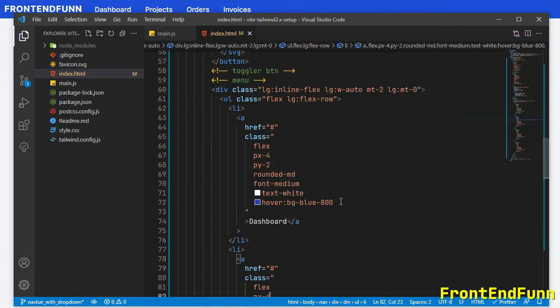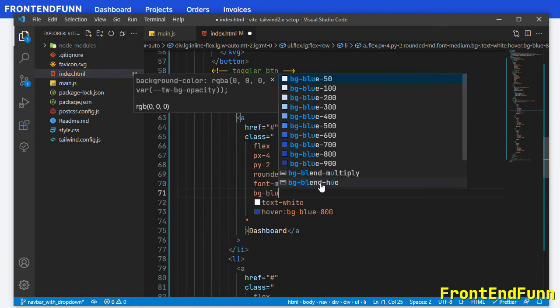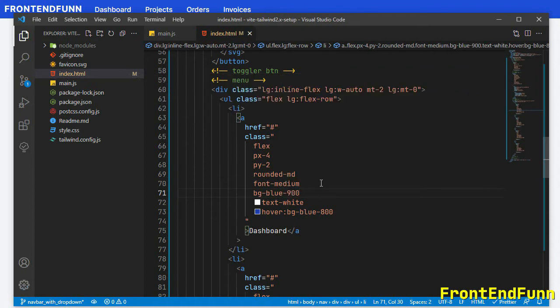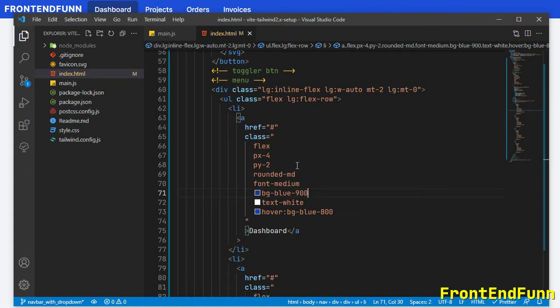Next, to show the active element I'm just adding the background blue, so bg-blue-900. This active state should be added based on the page the user is navigating to. That is a JavaScript functionality, and I'm not going to add the JavaScript functionality here.